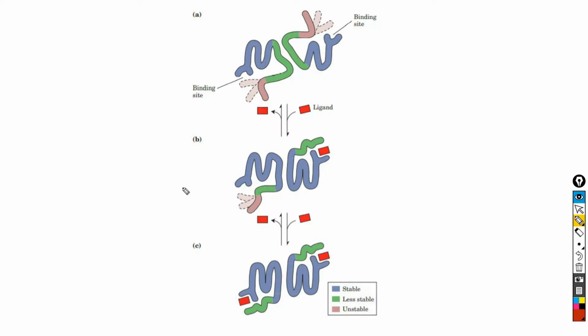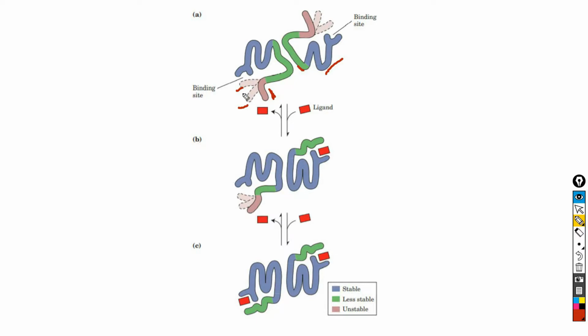So these things you can understand by this figure, which represents a hypothetical dimeric protein. These hypothetical dimeric proteins have regions of high, medium and low stability. The regions of high stability are shown by blue color. Regions of medium stability are shown by green color, whereas regions of low stability are shown by red color, as you can see here, whereas pink segments are flexible, and the ligand binding sites are composed of both high and low stability segments.